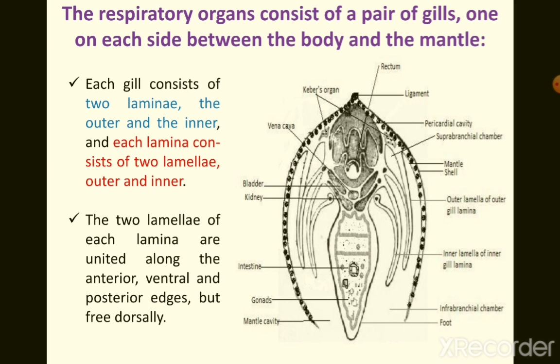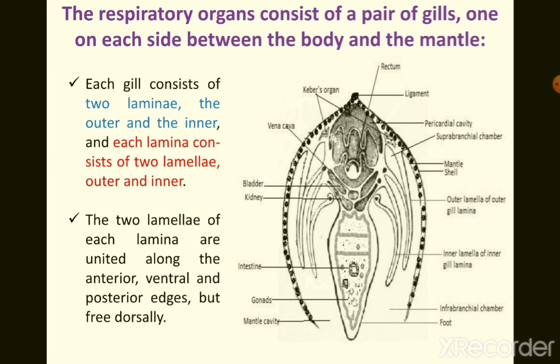Now the gills here in case of Unio are of the eulamellibranch type, meaning they contain gill filaments and lamellae, and the gill filaments of these gills are closely united. They lie very closely to each other to perform this job of respiration. And since the mantle cavity is pretty large in Unio, it accommodates the greater length of ctenidia which lie laterally to the visceral mass.